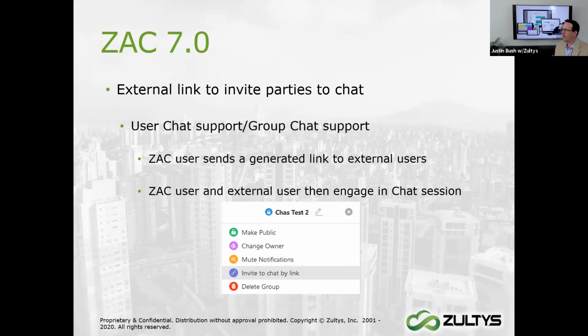I've got a good friend on this call that lives in Chicago here. He sells a Zultys product, and I remember testing a product. I'm not going to say it was Ring Central, but I'll say it was Ring Central, and the Glip software, and I had to load a client on my desktop to be able to join into that chat. This is super easy. The link stays open for 24 hours. It is a great function to be able to use to allow people into that chat.